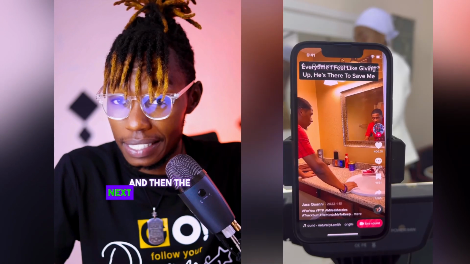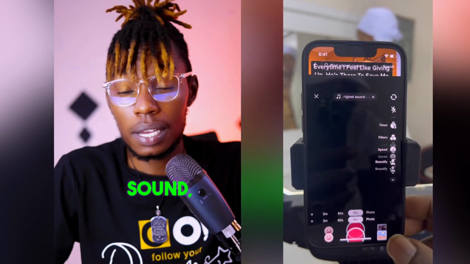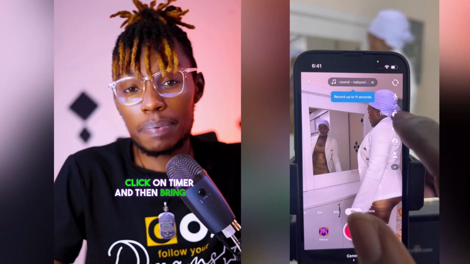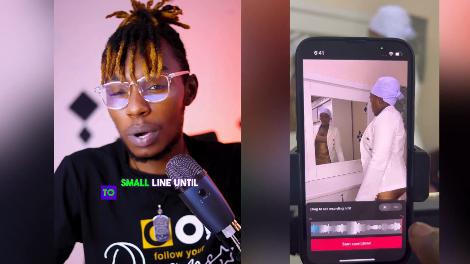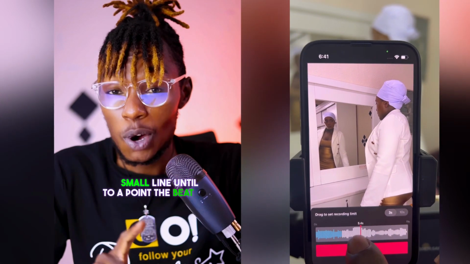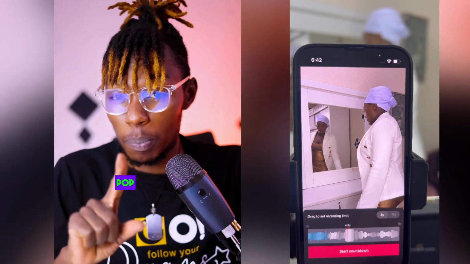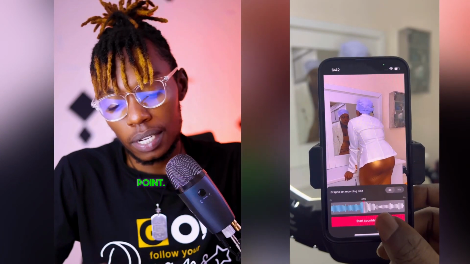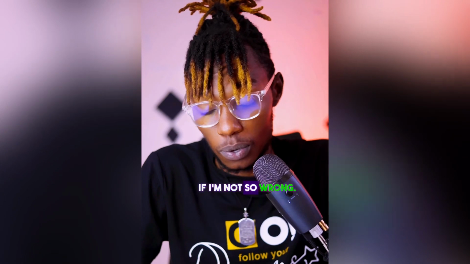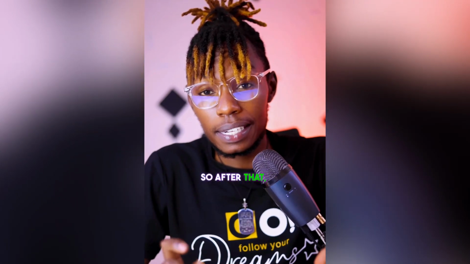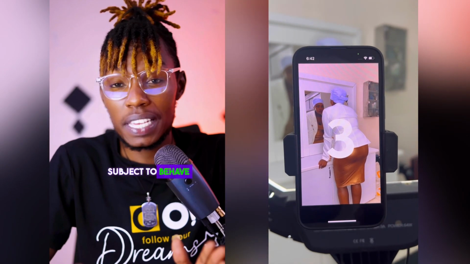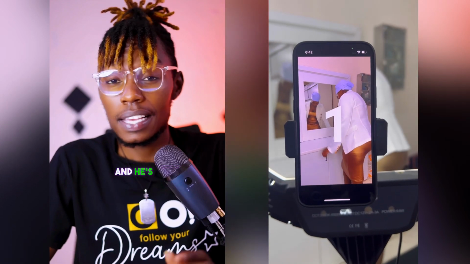And then the next thing is to click use on sound, click on timer, and then bring the small line until to a point where the beat will start to pop. Where it will pop the first time, bring it up to that point. It's around 4.9 if I'm not so wrong. So after that, click start and ask your subject to behave like he's in distress and he's about to hit